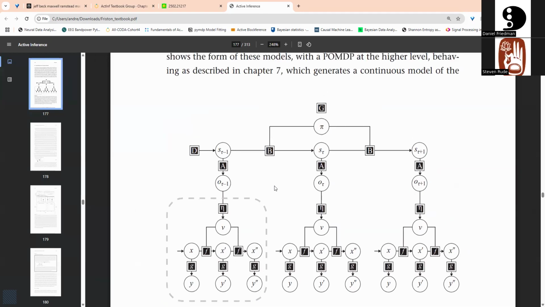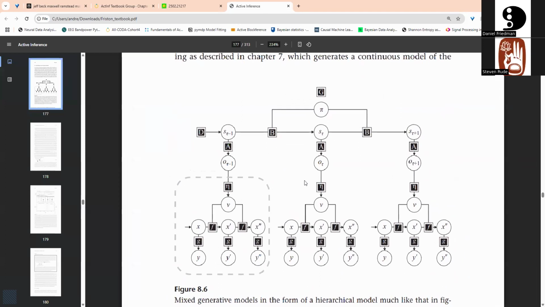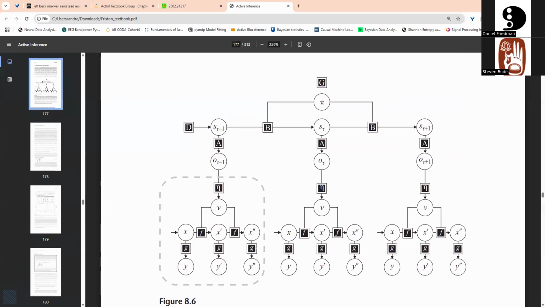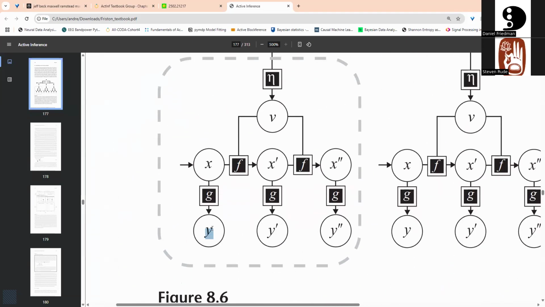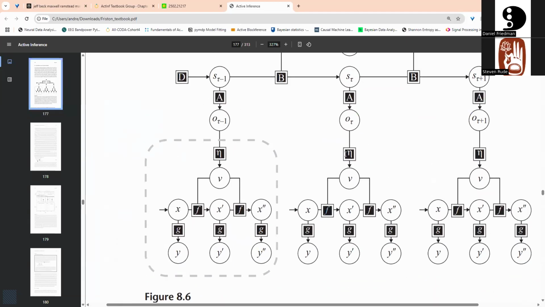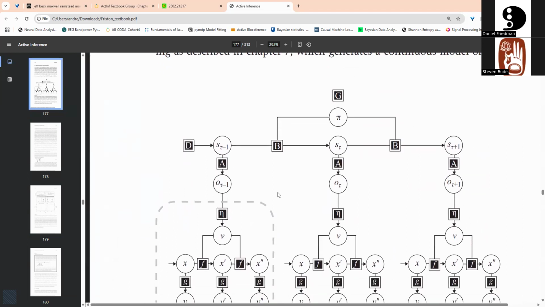Yeah, no, that's great. I'm glad this was helpful. And this model here is just jumping to chapter 8, right? So this is way beyond where anyone who has just started the textbook and is only at chapter 2 would be. They wouldn't even have to consider any of these pieces of architecture yet, other than a couple things. Like we saw the Y earlier, your observations, and then X, the hidden states. But all of this about G, about F, functions, about etas and so on, A matrices, that hasn't quite figured in yet.